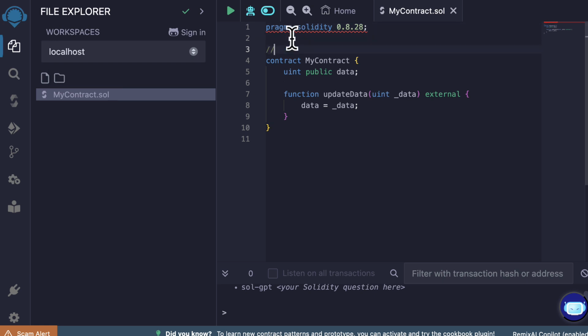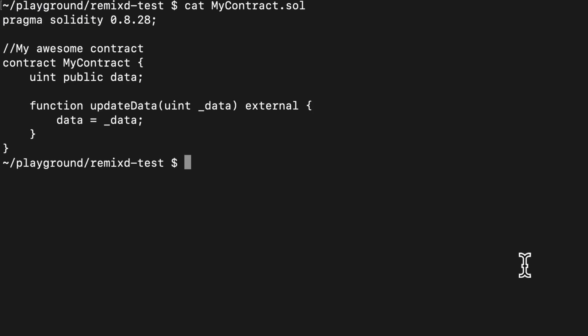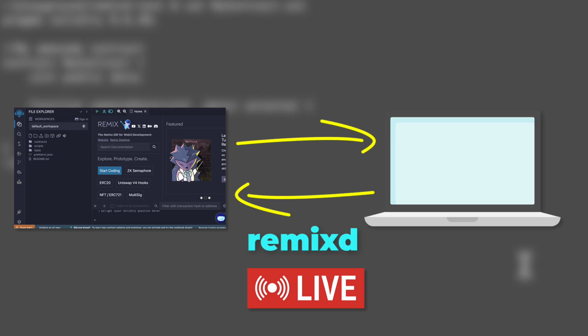For example, let's make some change in the smart contract. Now let's check out the file in our local file system and we can see that the change has been reflected. Before we go further, it's important to note that Remixd will make your local files in a specific folder